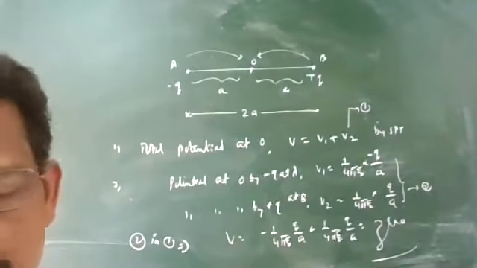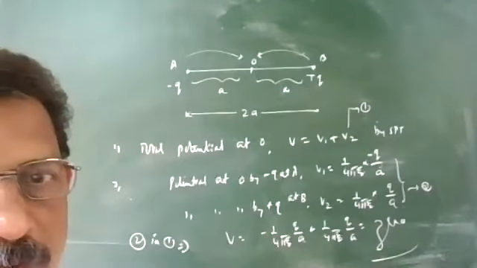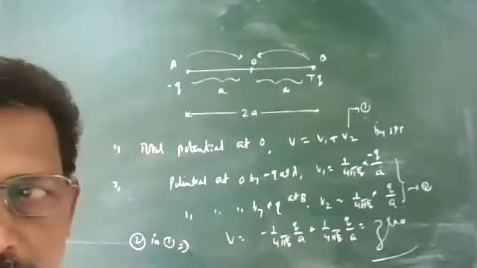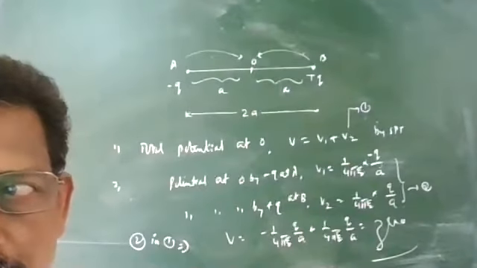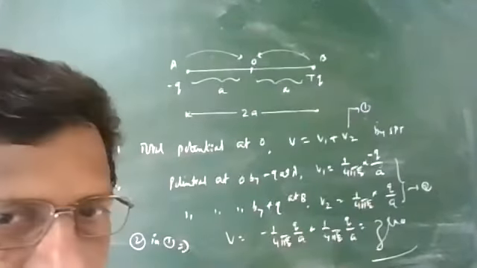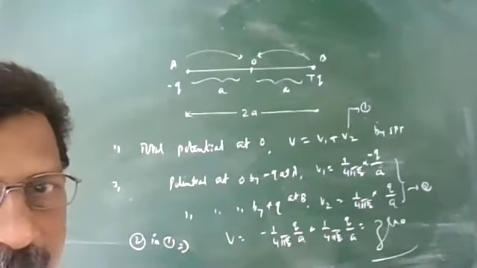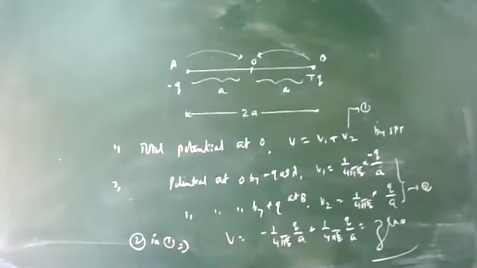Mohammed? Is there an electric field at this midpoint? Yes, sir. Sir, it is there. Electric field is there. Electric field is the vector addition. Electric field is the force acting on a unit positive charge placed at the midpoint.